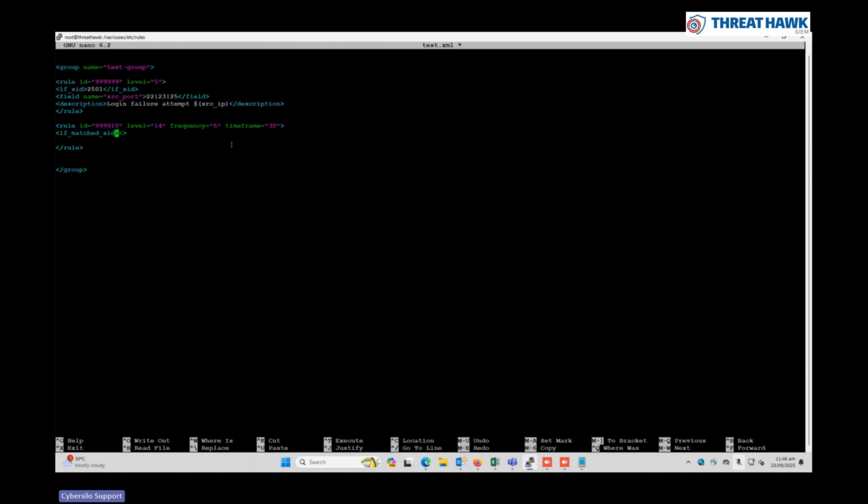Okay, now, the rule where frequency is applied uses if_matched_sid. It does not use if_sid, it uses if_matched_sid now. In if_matched_sid, we will give the ID of the rule above, 999,999 asterisk, and after giving matched SID,